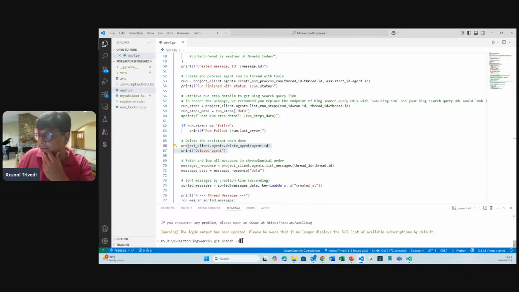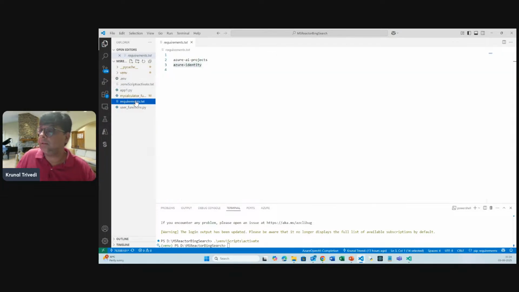I don't want to write the previous command. So I just activate my virtual environment where I have installed these Azure AI projects as well as Azure Identity. So I have just installed these two libraries, which are already installed in this virtual environment. It's a Python specific thing. And now I'm going to execute